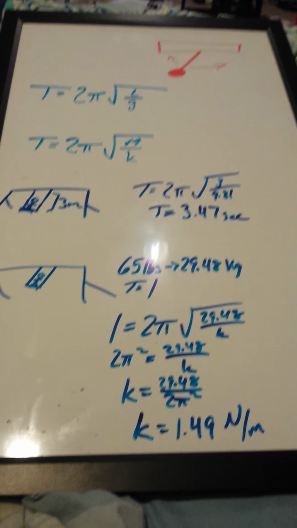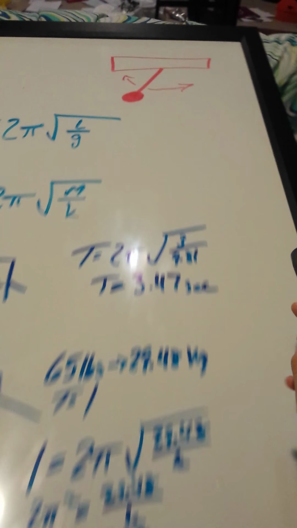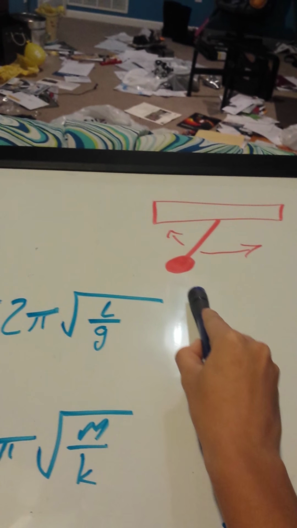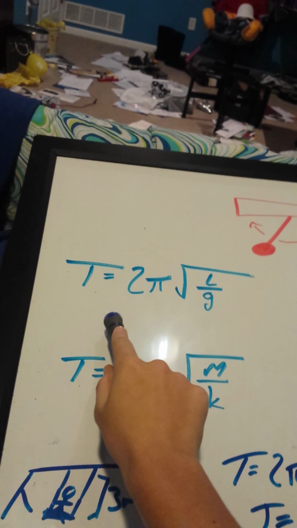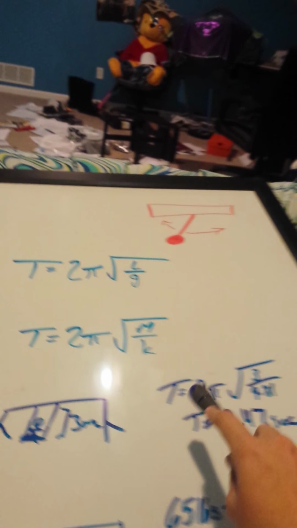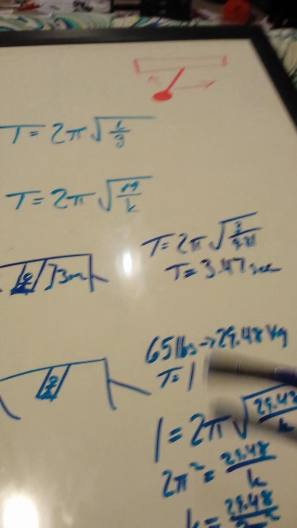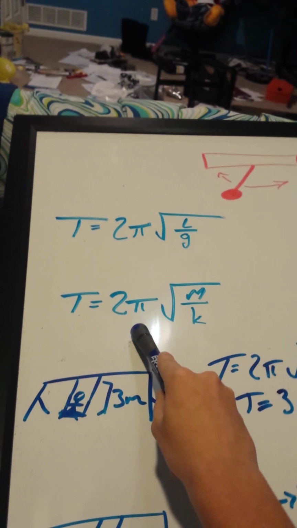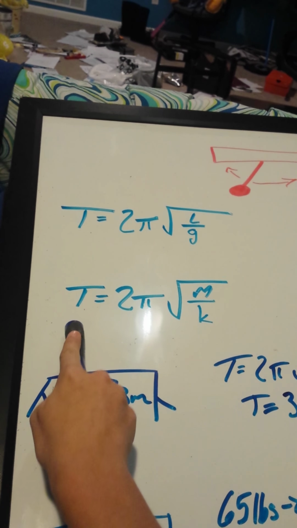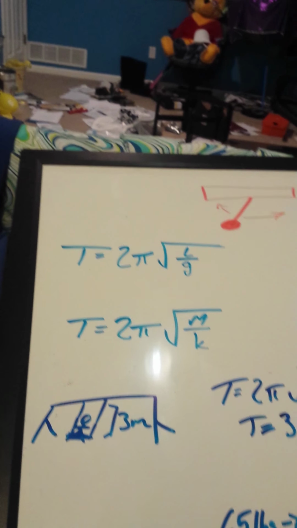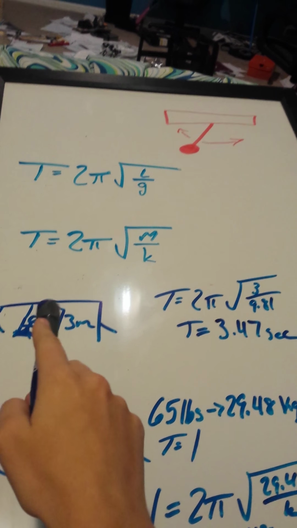Okay, so now we are going to talk about pendulums, and I have drawn a pendulum up here, and it's just going to go back and forth on this, hence the arrows. And you can use one of the two formulas up here, and you choose which formula to use depending on what information's given. So you would use this one to find the period, which is the time to